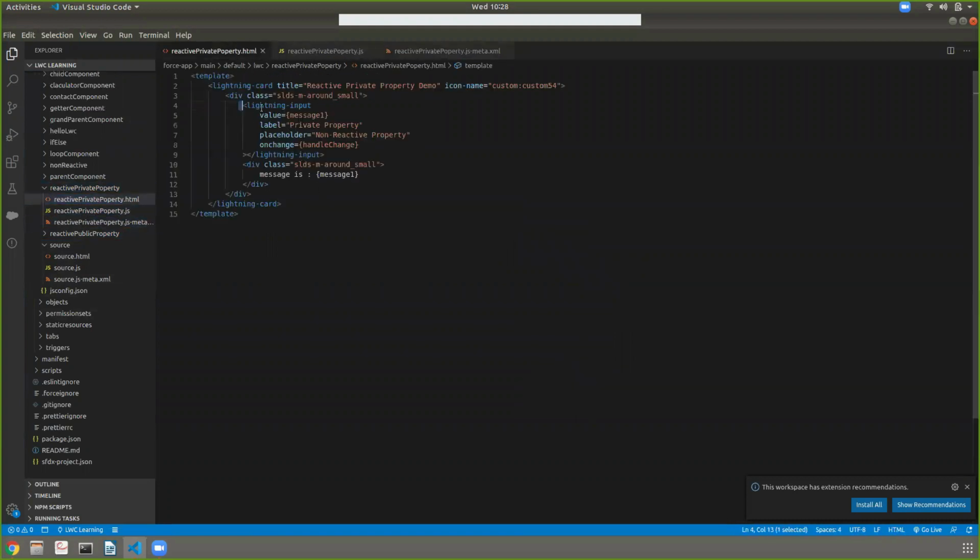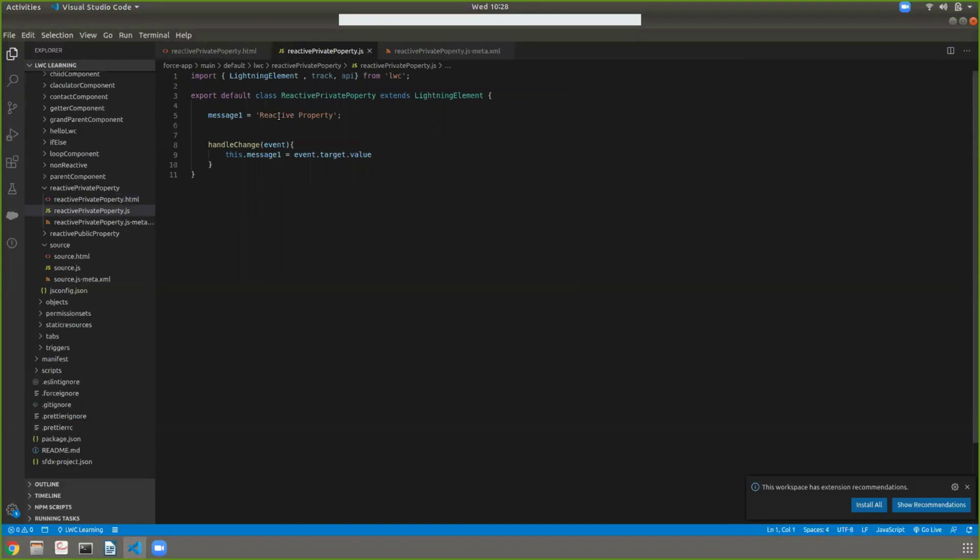Here there is an input and the message is displayed here. So when I change the message, it will automatically update. That's why it is a private property. It is a reactive property. By default the message is a reactive property, and the handler is the change event. So this automatically changes the message.